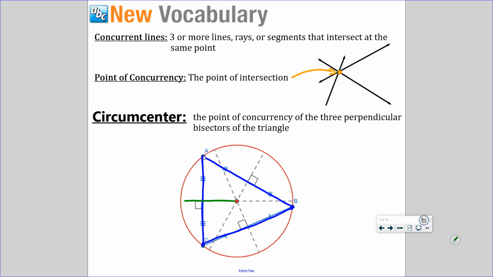If I'm looking at side AC here, it's showing me 2 things. It's showing me it's perpendicular. What else is it showing me? It bisects, meaning that green segment would be what? Not just the bisector. The perpendicular bisector of side AC. Okay? All right, this one right here,